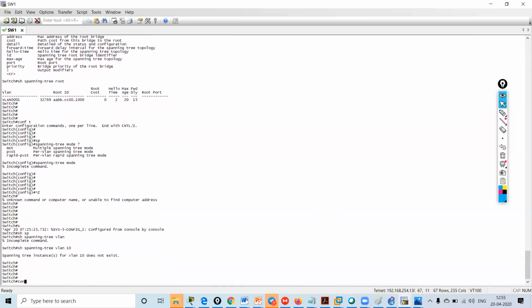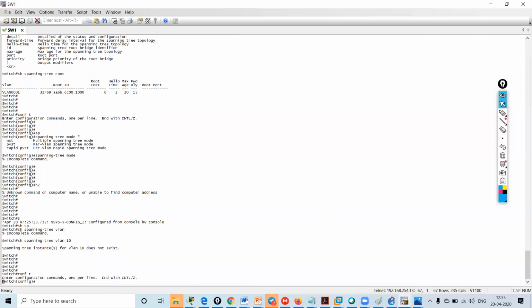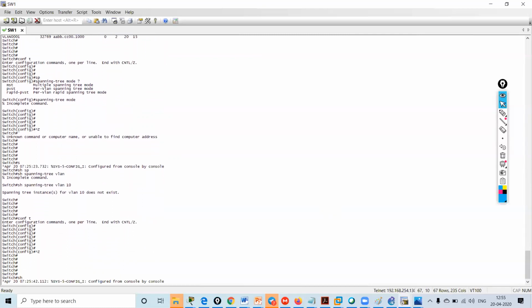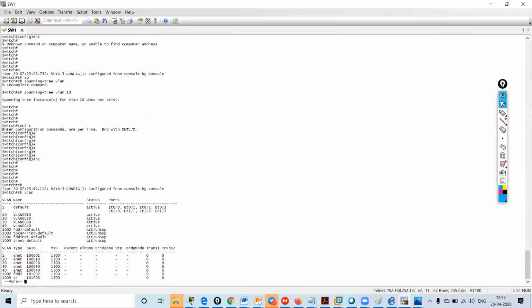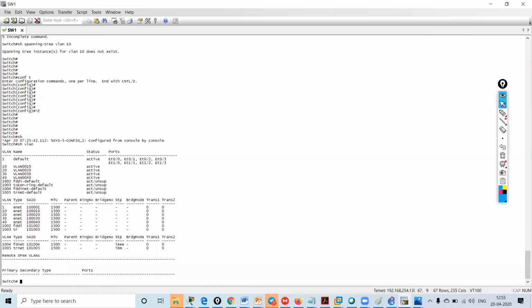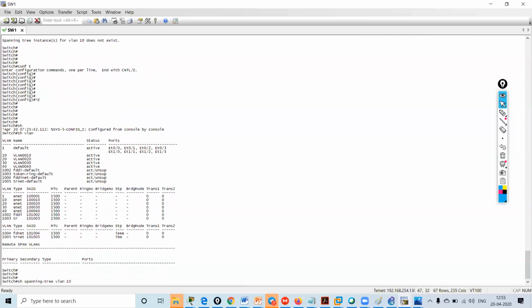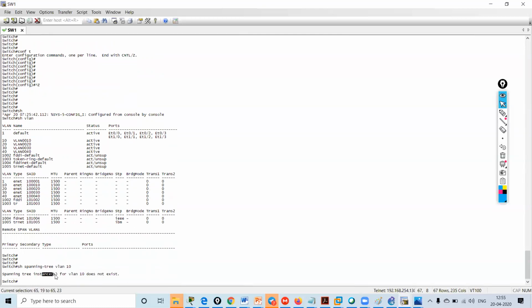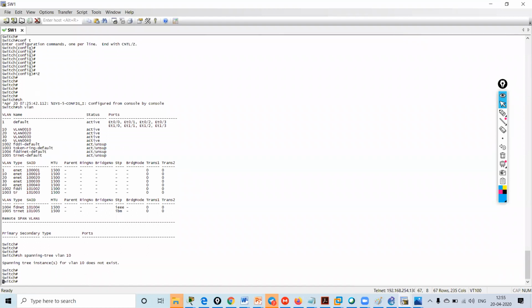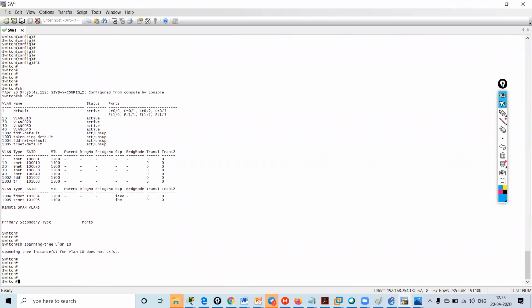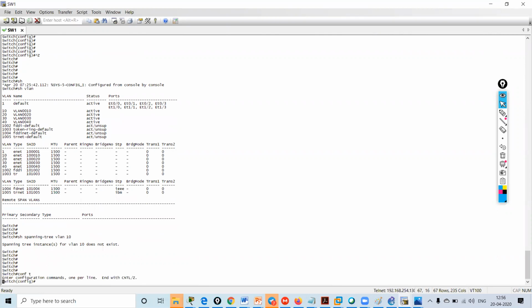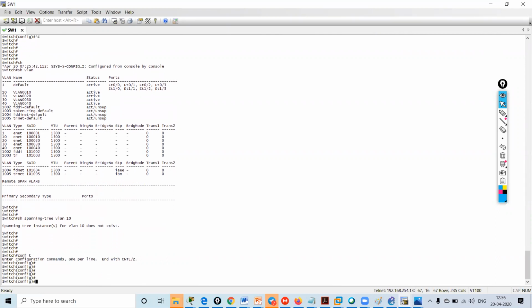See, it is giving me the command: the instance for VLAN 10 does not exist. That is the reason there is some issue in VLANs. When I give the show VLAN command also, it says VLAN 10 does not exist. The output of this command should say that this is the root for VLAN 10, something like that. I remember. Okay, just a second.